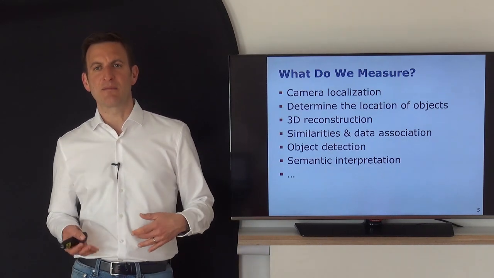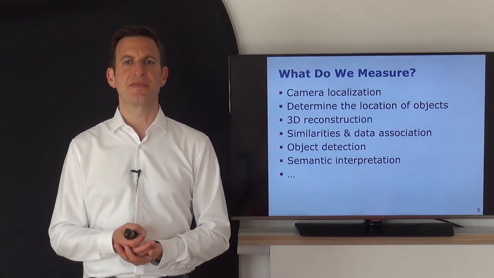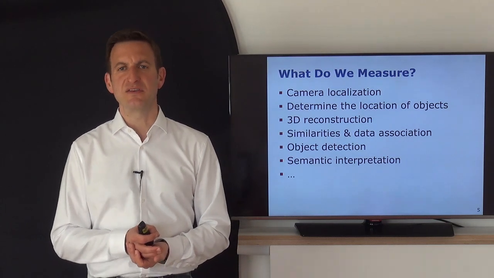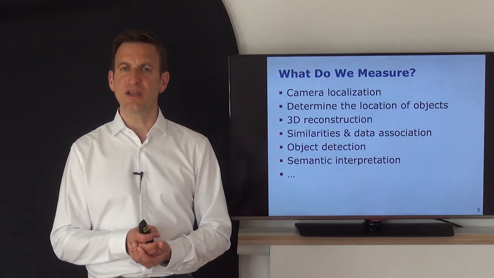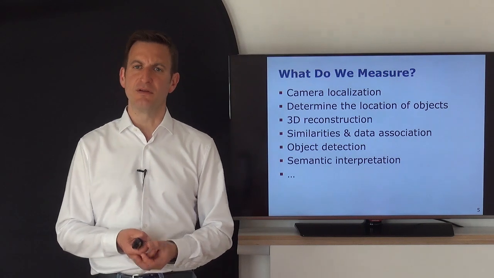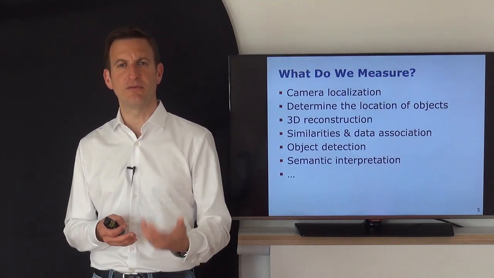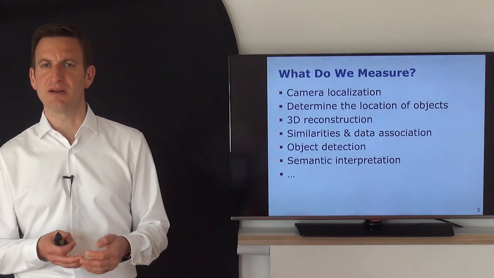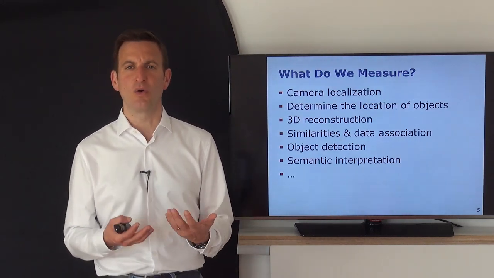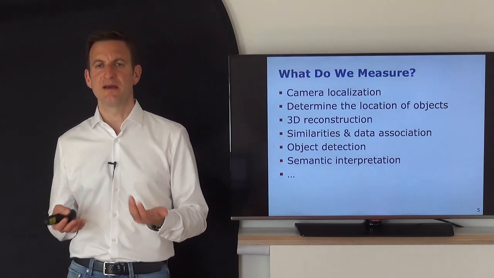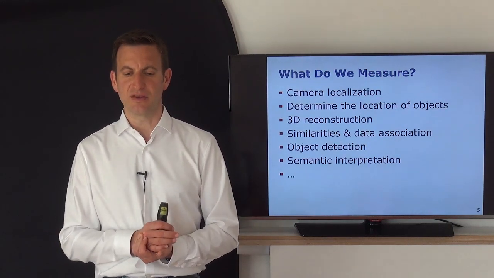camera. If you know where a camera is located, we can also estimate where certain objects in the environment are. Based on a single image, that can be a little bit tricky, and we may not be able to derive the full information, but given multiple camera images, we can do this and can actually build a full 3D reconstruction of the environment. That means estimating the whole 3D structure and estimating the location of all relevant points in the